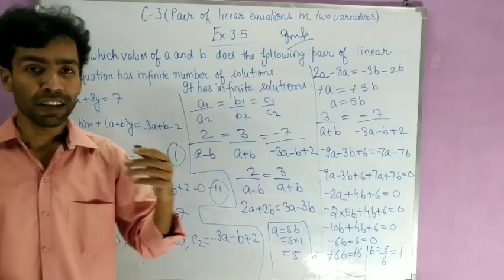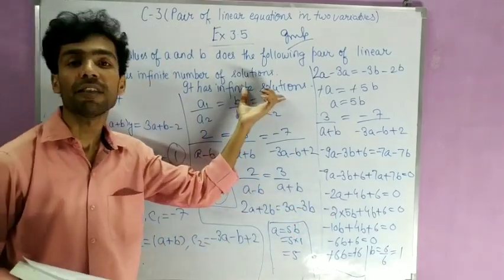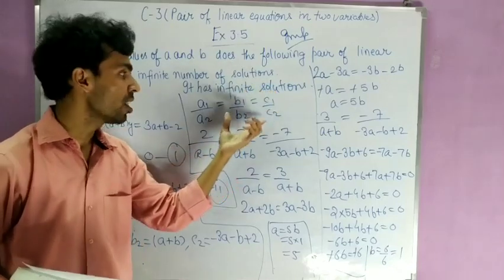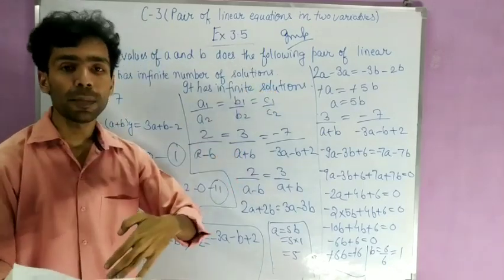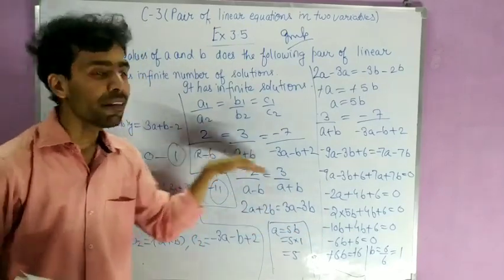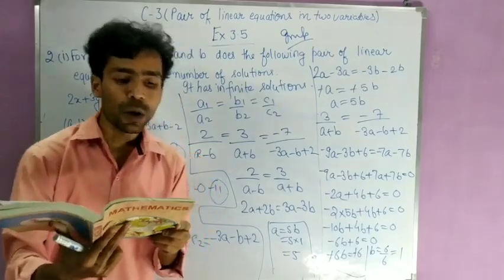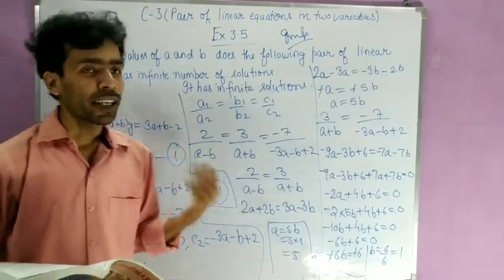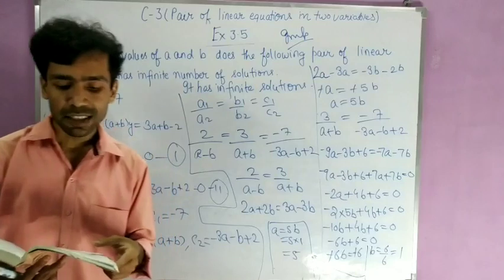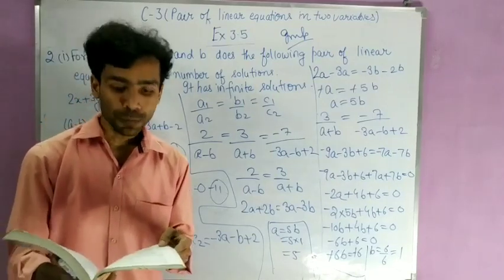Then whatever the condition of no solution is, you will write it like I have written the condition of infinite solution. In the second part you will write the condition of no solution, and after that you will put all the values, then equate them and find the value of k. So I hope you can solve the second part of question number 2. If there is a problem, then we will discuss it in the next video.